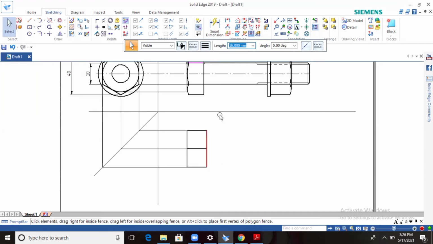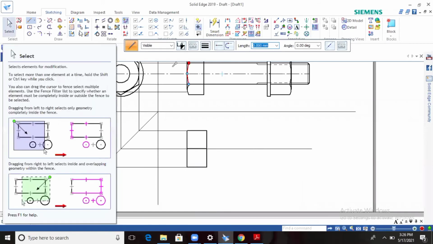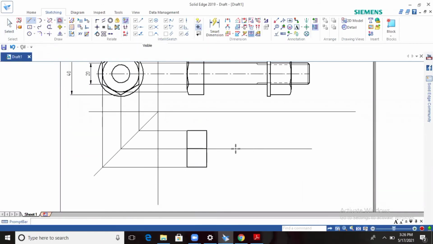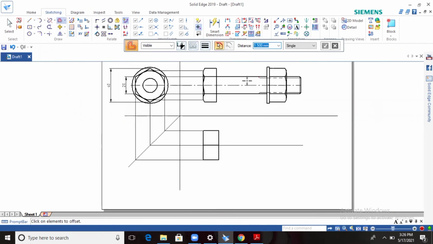Next you have to go for the diameter. Sorry, diameter will be 10 on both sides. Here the diameter will not change. Length also does not change, 100 I have to take. Okay, 0-degree angle. Then go for the offset command. So take this one. Otherwise, look at this one. Just select this one.